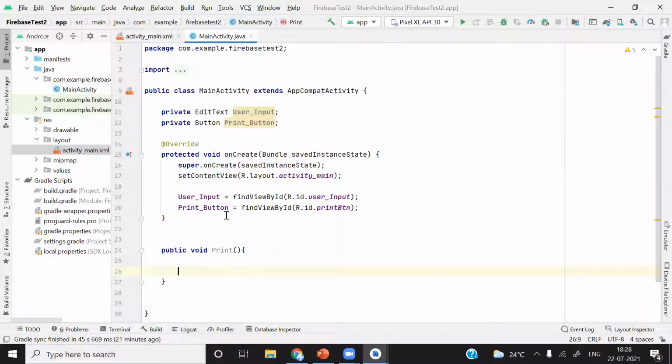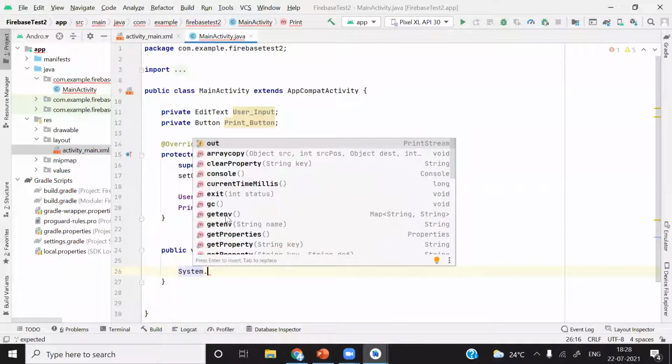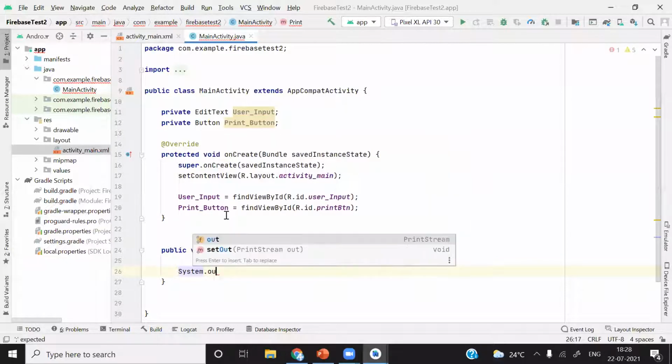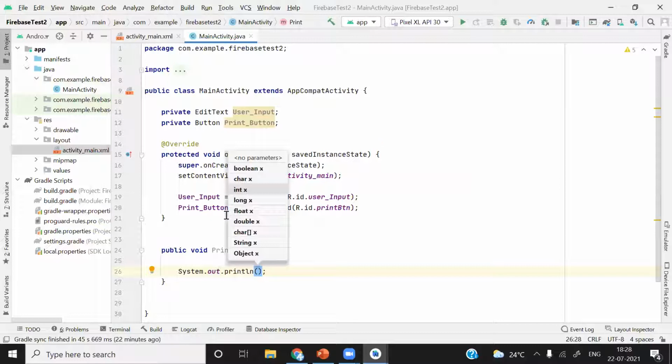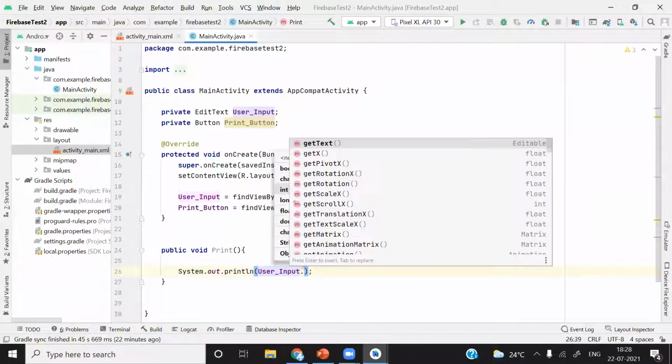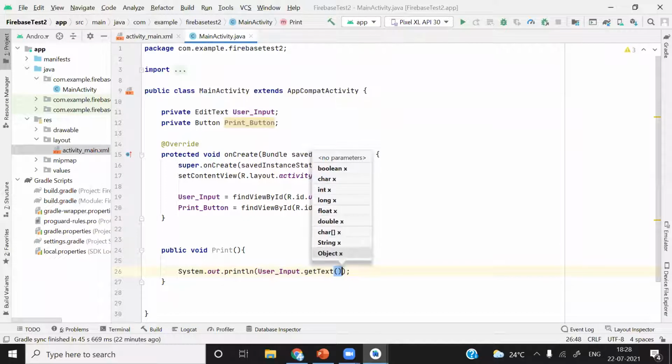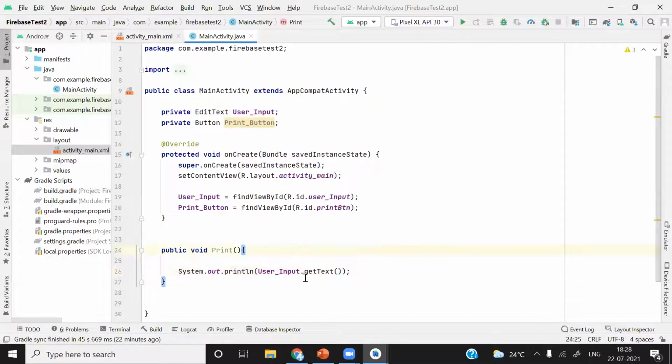So just type System dot out dot println and give user input dot getText. Okay, it will take that text and it will print.